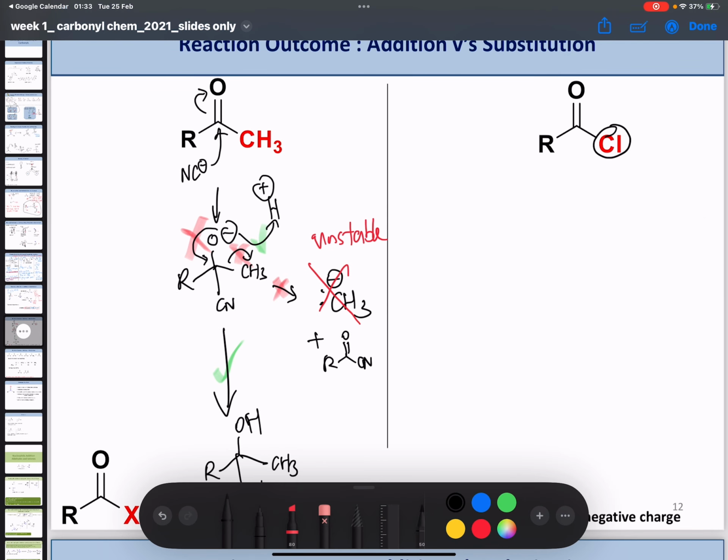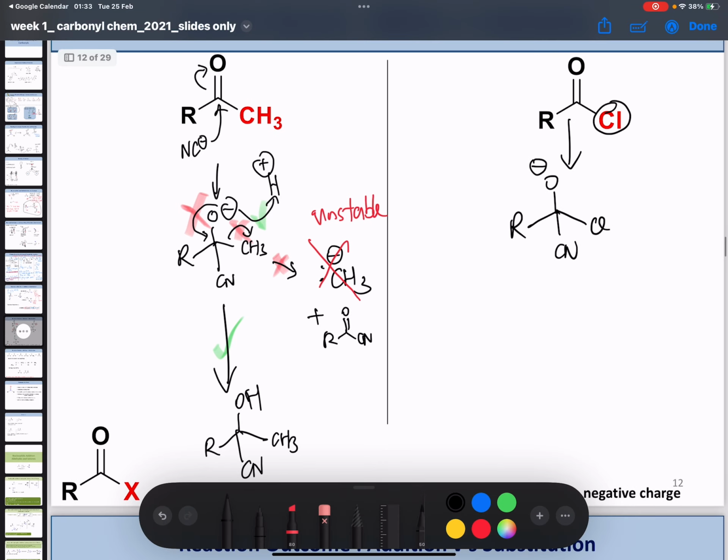Whereas with substitution, let's have a look. So this is actually a really good leaving group. So how does that change, right? So pause and do the first step by yourself once again. Okay, now that you're back, it's going to be like that, and like that. Cl and CN once again, right? So supposedly what would happen is this, right?